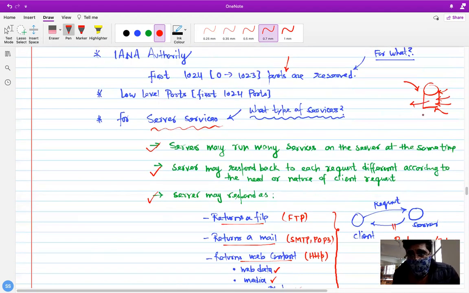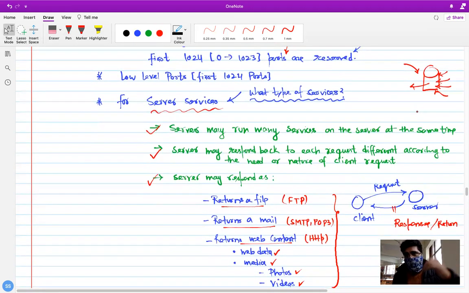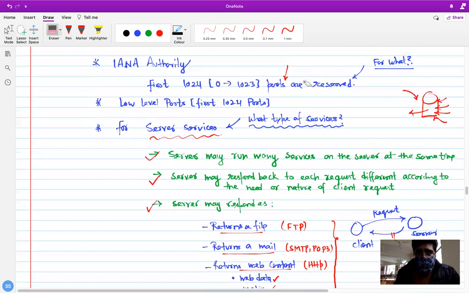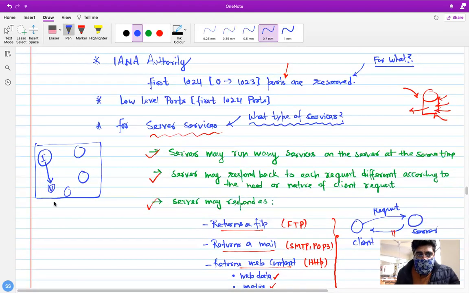So the nature of the server's response is quite unique according to the request that is received by the server. It means the server is providing some web services. To run those web services, we need some ports, and we want to reserve those ports according to those web services. The reason behind this is very simple: if all over the world, let's say these five computers are in five different countries, and we want to send some data from India to, let's say, the US, then